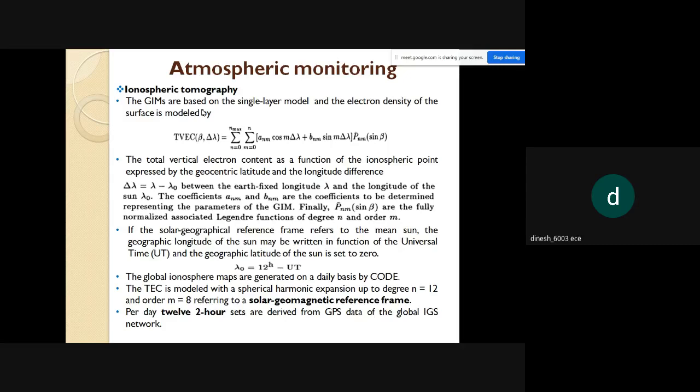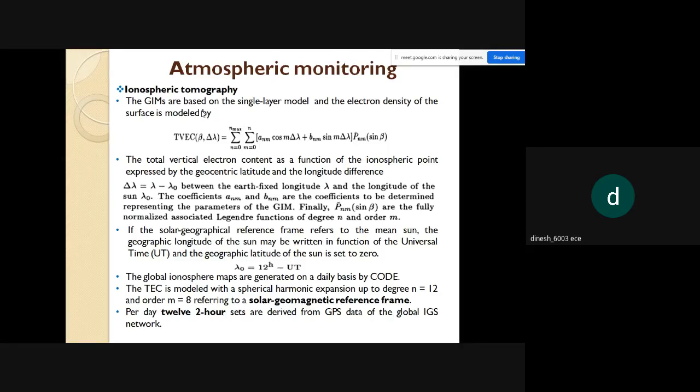So this P_nm sin beta are the normalized associated Legendre functions of degree n and order m, where n is the degree and m is the order. So these coefficients A_nm and B_nm are the coefficients of the GIM,